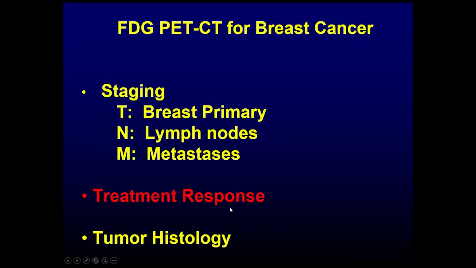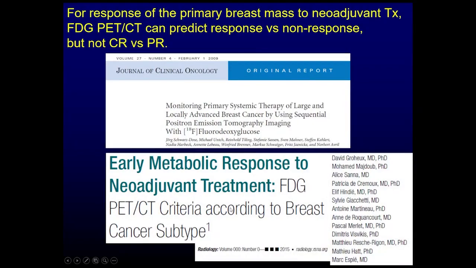Now let's talk about treatment response of FDG PET in patients with breast cancer. For that, we can divide it into the primary breast malignancy and then, of course, the distant metastases. There are multiple manuscripts demonstrating that for the primary breast malignancy, FDG PET can predict response versus non-response. So if the FDG PET of the primary malignancy is decreasing, that means that the patient is responding to the